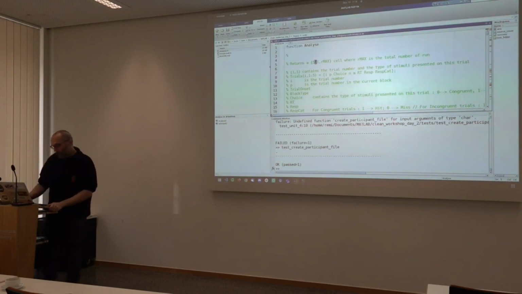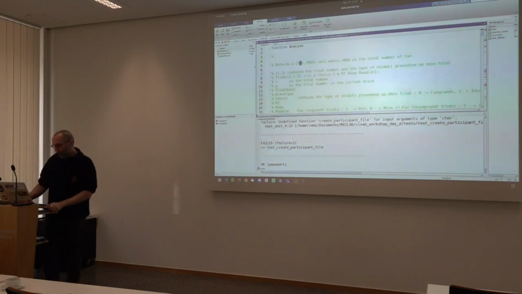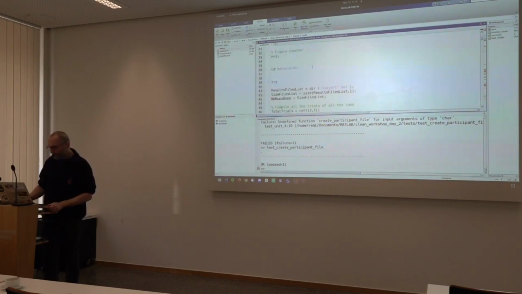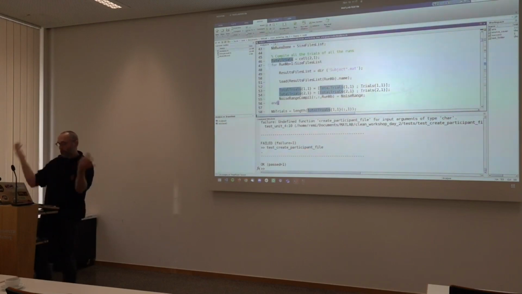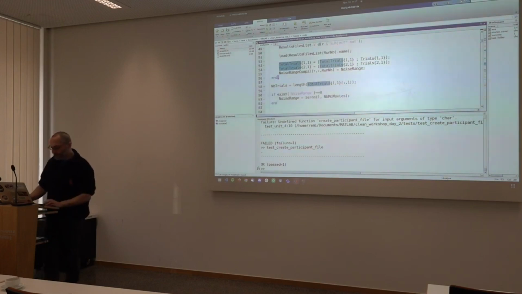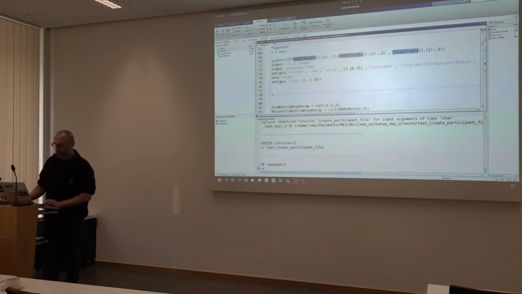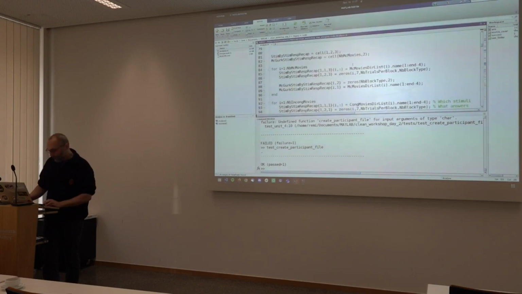If you run through the whole thing, it's kind of painful, but what it does is loop through all the runs, load the mat file from each run, take the trial variable from that run and add it to a total trial cell, and then it plots a figure for reaction time.